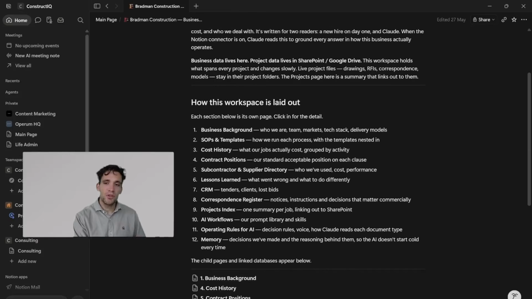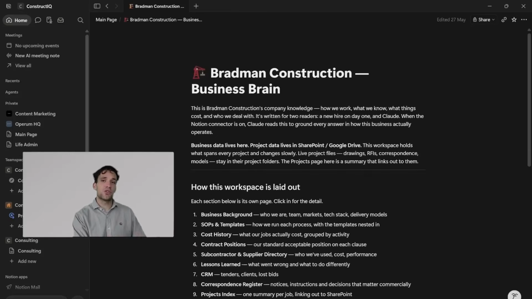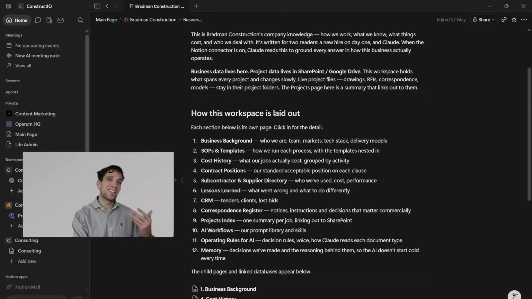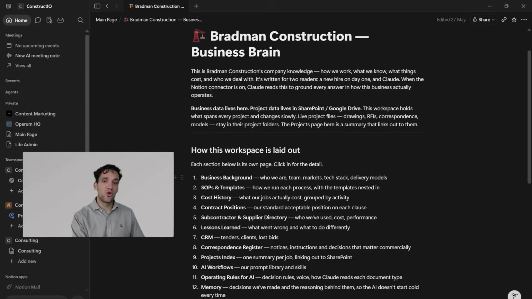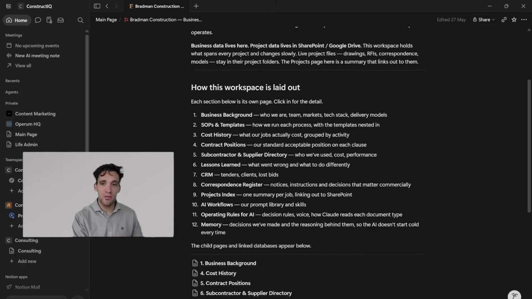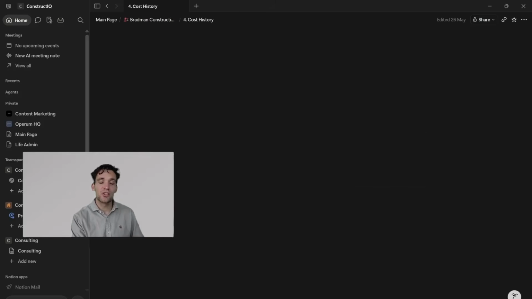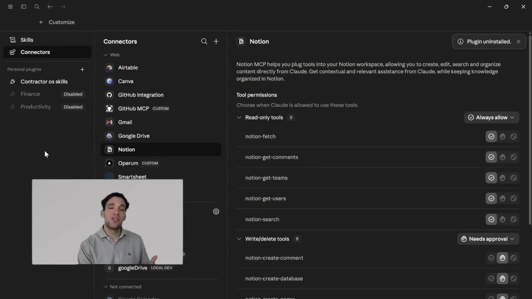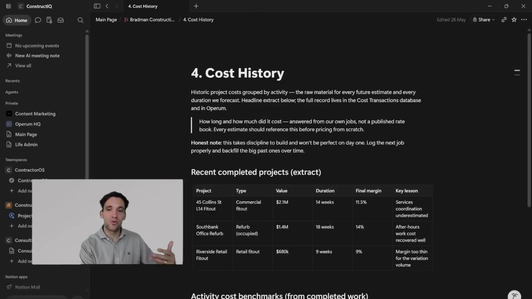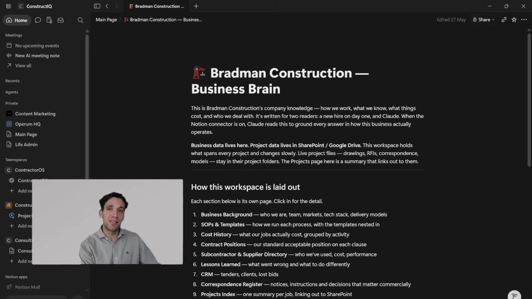Notion is a popular productivity app that, for construction companies, we can use to basically set up a second brain that we can link to Claude. You can have in there your business background, your standard operating procedures and template documents, your contract positions, your historic costs from projects. Then using either ChatGPT or Claude connectors, you can connect it to your preferred AI, and then AI, every time you want it to do something, can go back and read all of your relevant business context